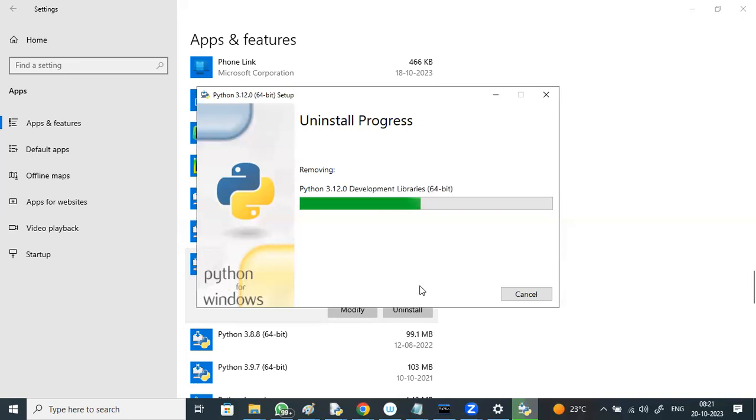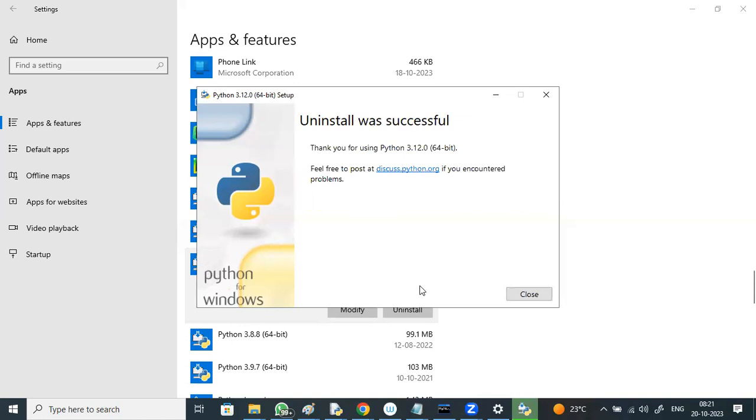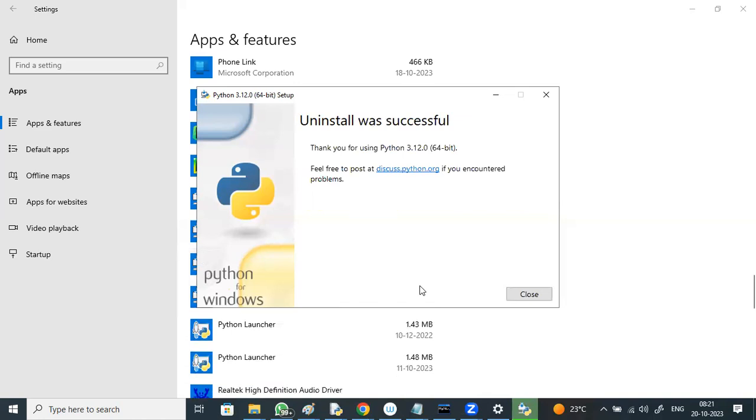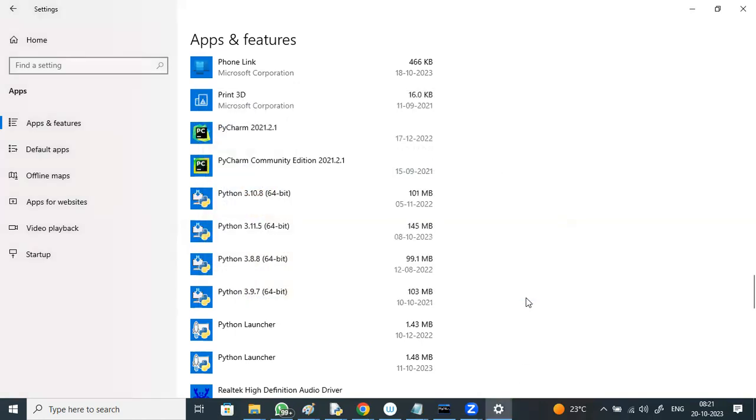And for Windows, again, Python provides two softwares: for Windows 32-bit and for Windows 64-bit. Okay, uninstallation was successful. How will you check whether your Windows is 32-bit or 64-bit?